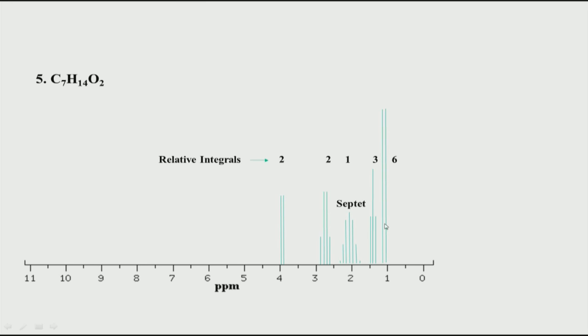Now, if you look at this particular peak, starting from here, there is this doublet whose relative integral is 6, and there is one hydrogen which is a septet. This we encountered in an example a few slides back, where we saw a septet. So, remember, the septet we said is an isopropyl group. So, what basically is this septet? This septet is coming from an isopropyl group. Only then will this give a septet. So, this most likely is this particular peak which is showing 1 proton.